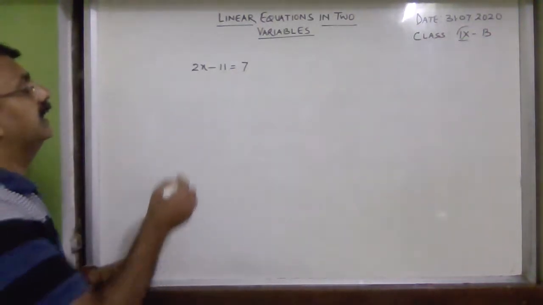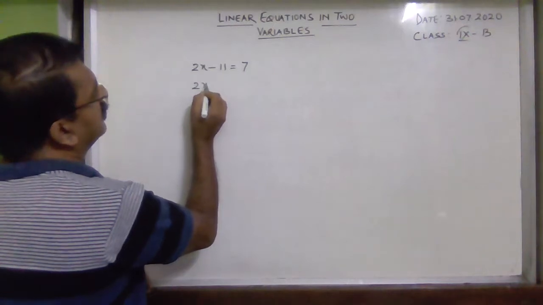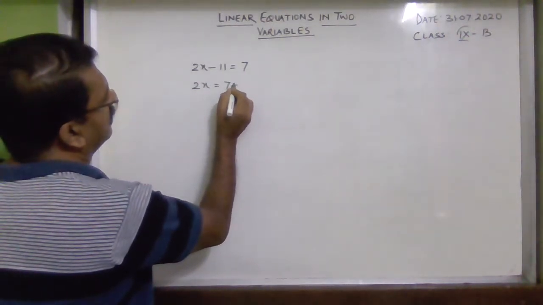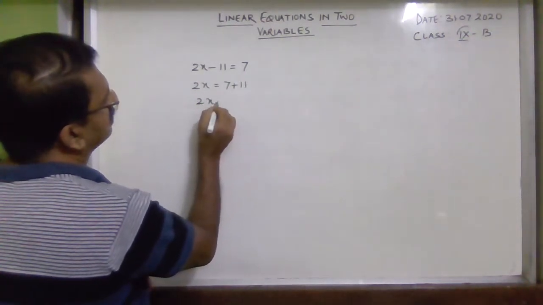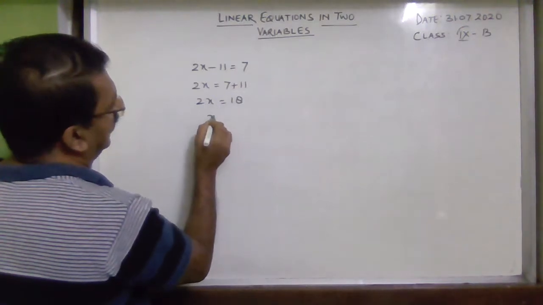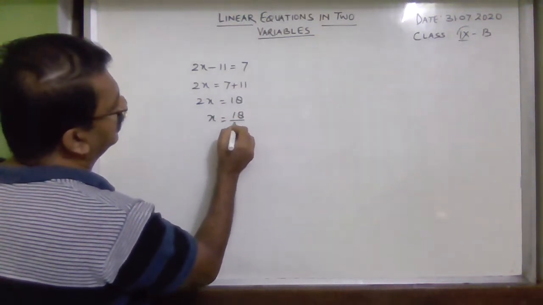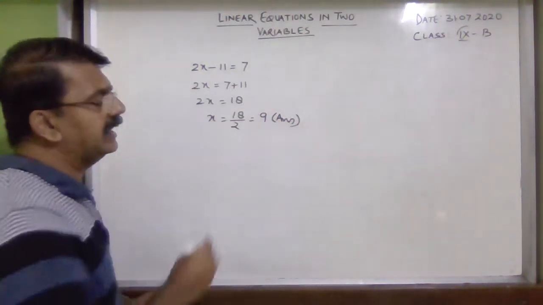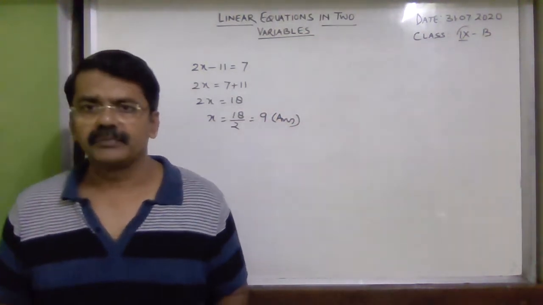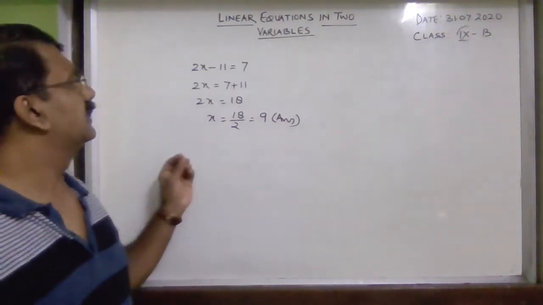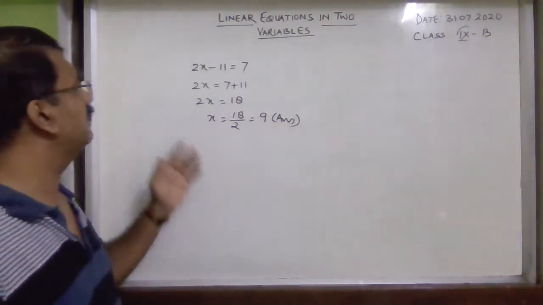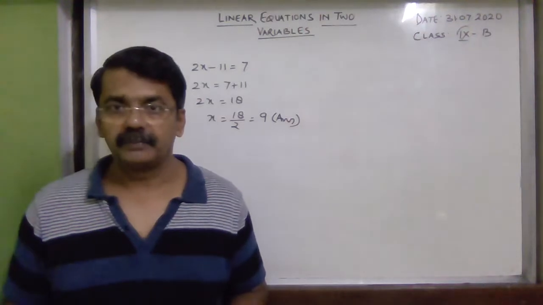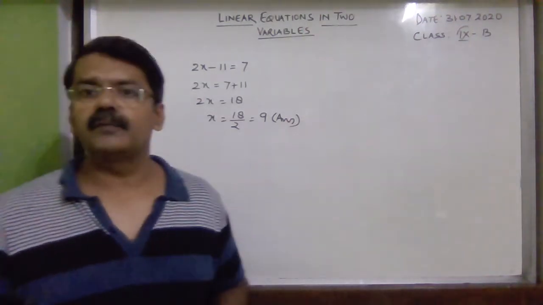Now if you solve this equation, 2x will be equal to 7 plus 11, that is 2x is equal to 18. So x is equal to 18 upon 2, that is 9 is your answer. So if the linear equation is in one variable, then we can easily solve it and we get the value of the unknown. But